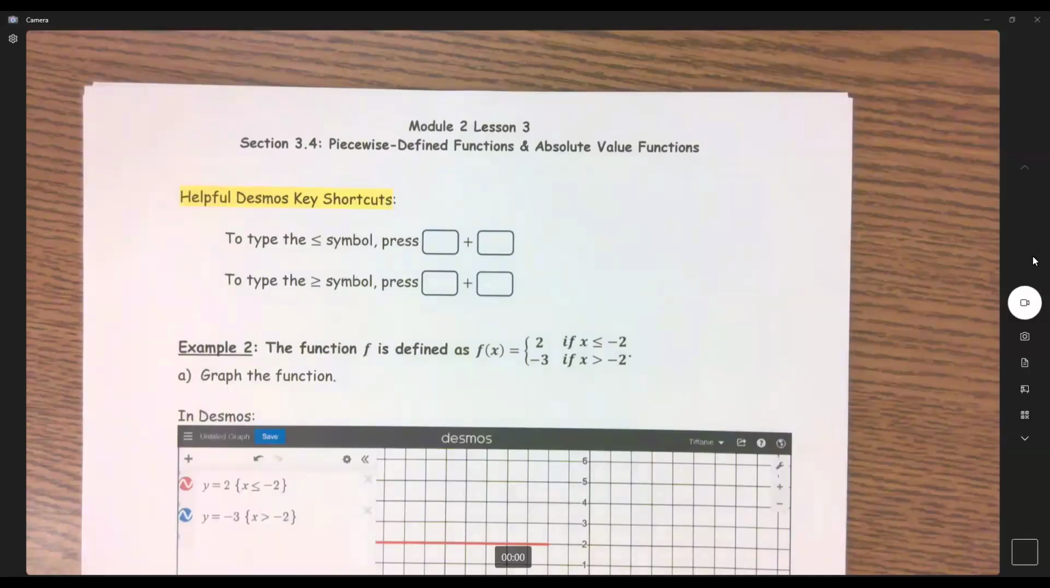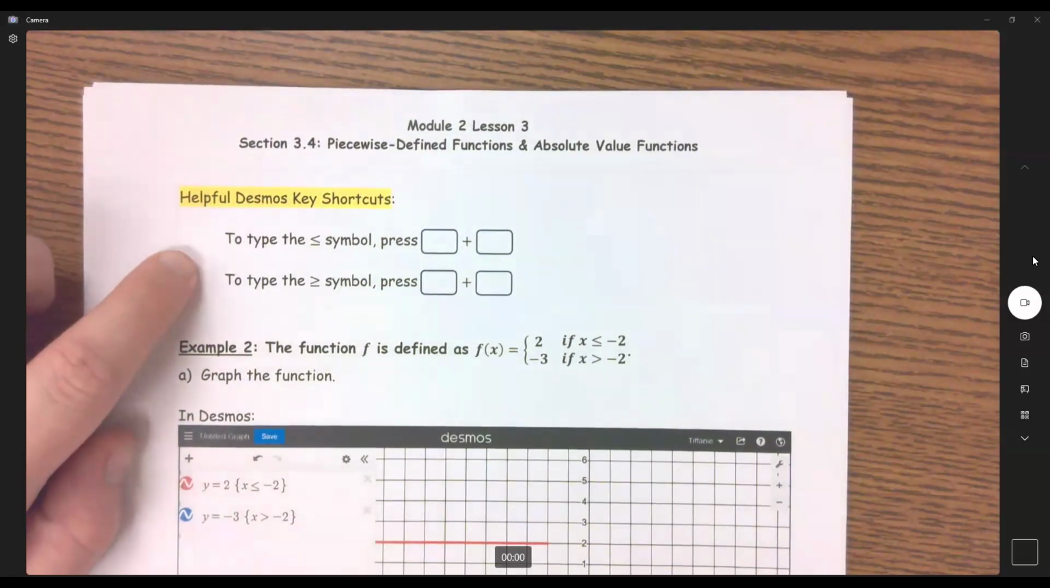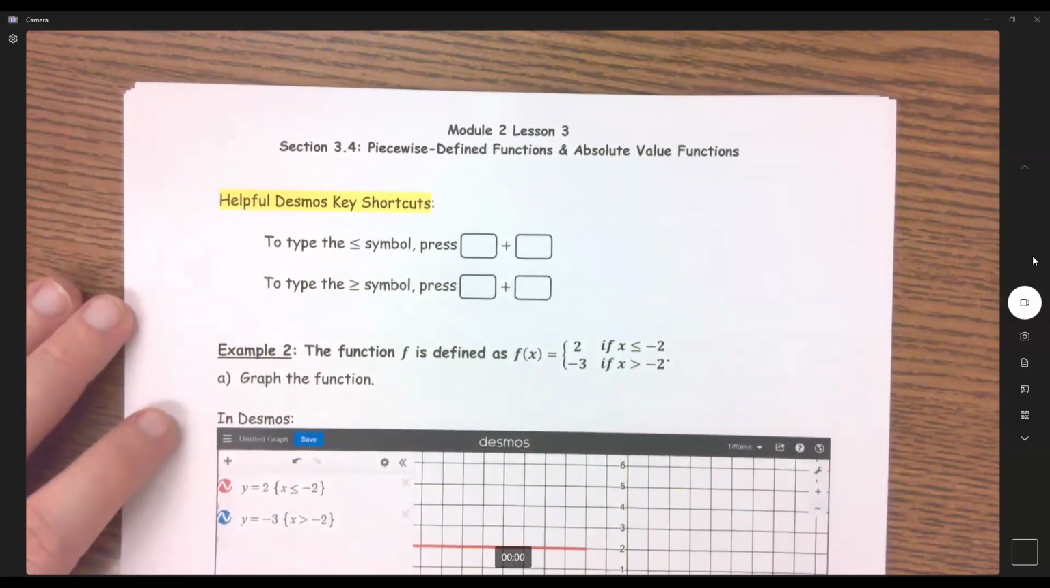All right, now we're going to get into actually graphing piecewise defined functions. And when we graph, we're really just going to be putting this in Desmos. So the biggest thing is, do you know how to put in these piecewise functions into Desmos properly? Now, actually, before we get into the second example, I do want to go over a couple helpful Desmos key